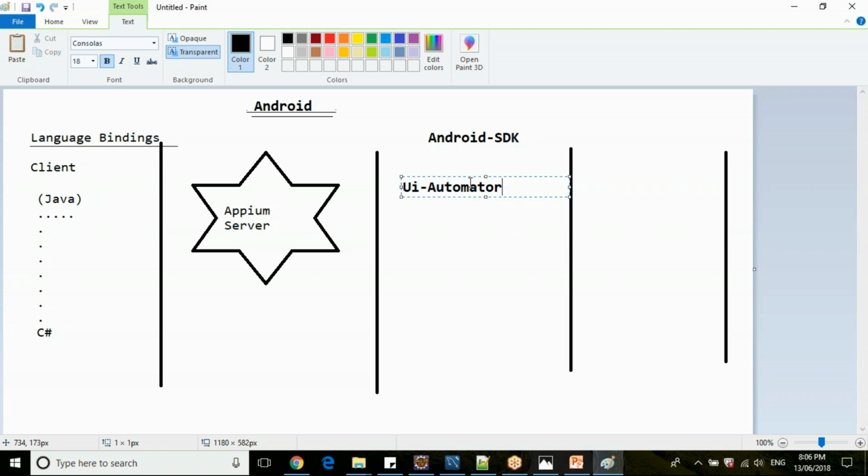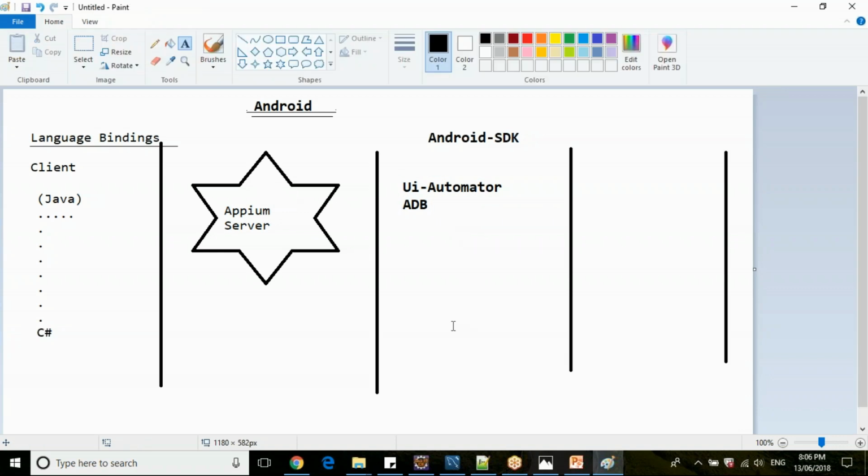While installing Android SDK, you might think, I already installed the APM server, why do I need Android SDK? All this UI Automator, ADB bridge, and all. You will have a better understanding later. Then you will have your real mobile device or emulator or simulator here.